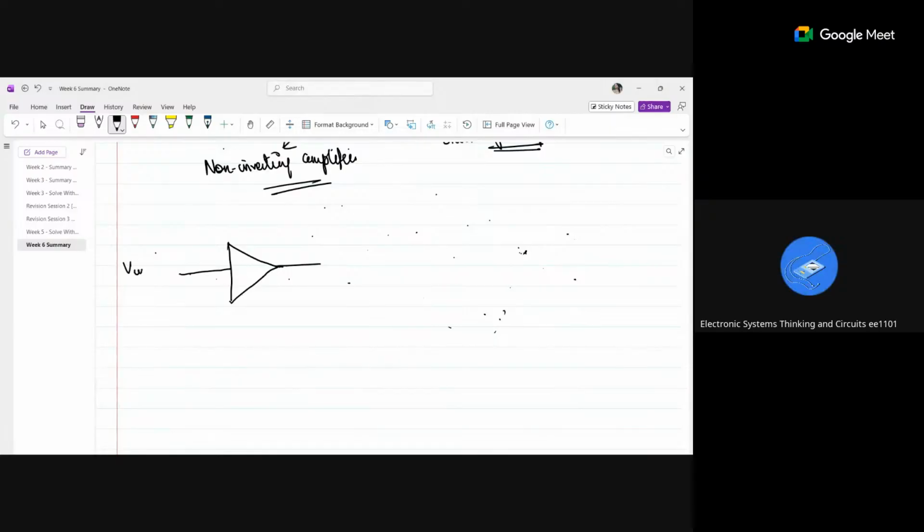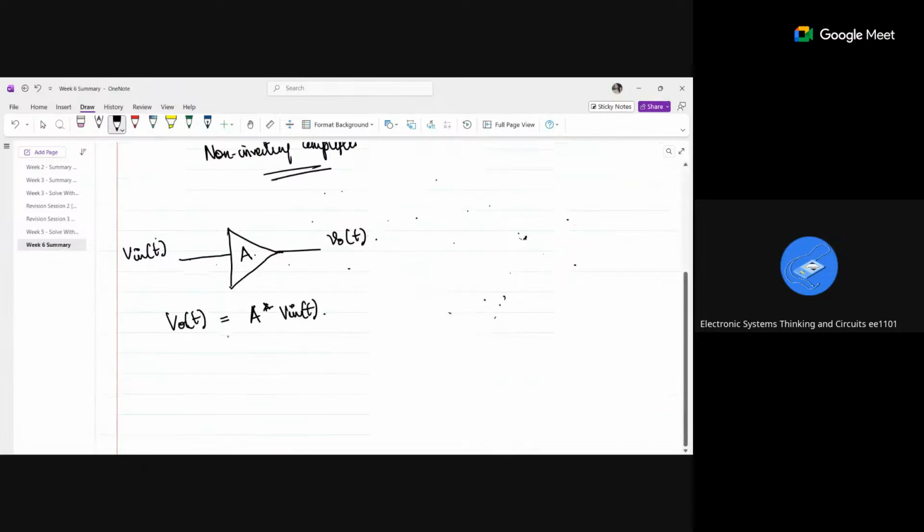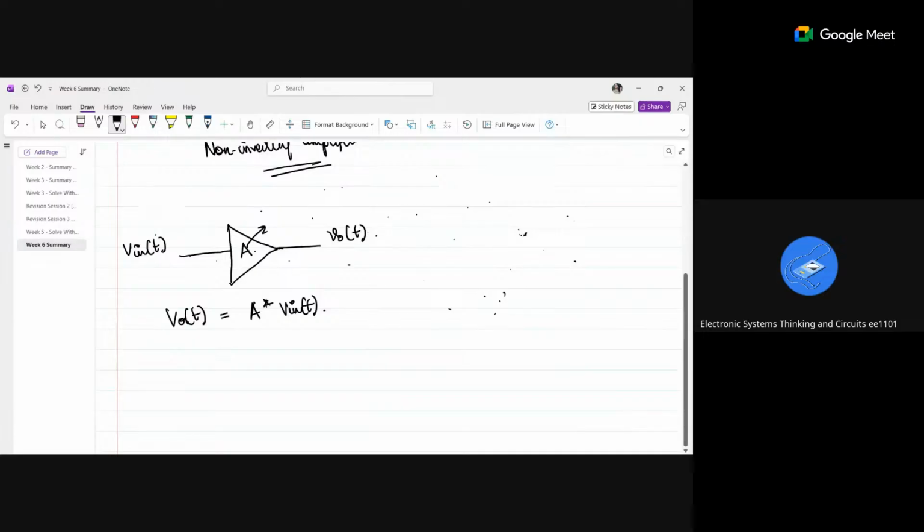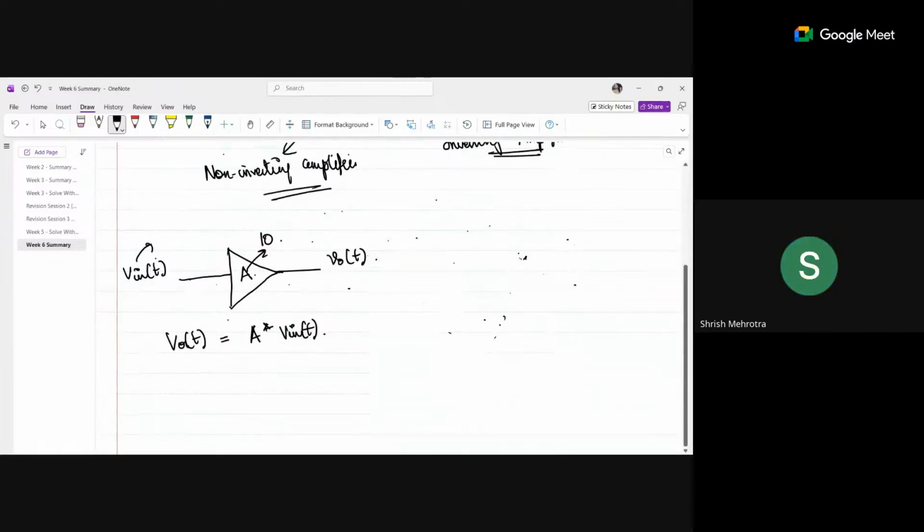So if I have an input signal V in of t, once it goes inside the amplifier, it comes out as V out of t. Let this amplifier have a multiplication factor, or we call it gain. So my formula will become V out of t is equal to A times V in of t. If I say there is a non-inverting amplifier whose gain is 10, and my input is